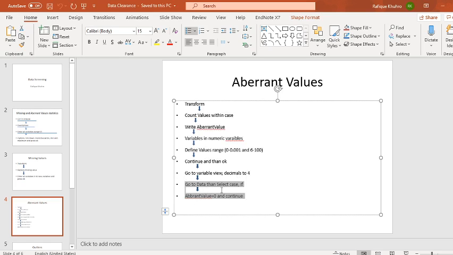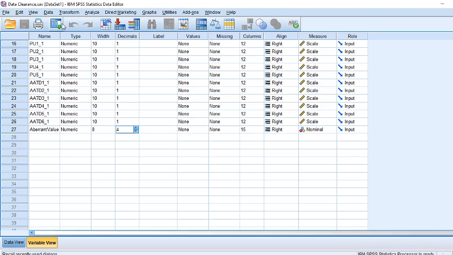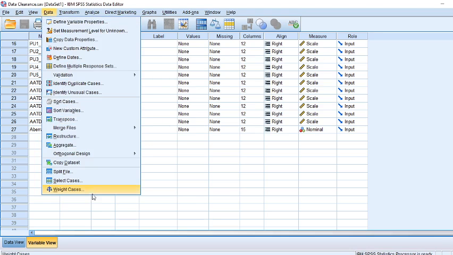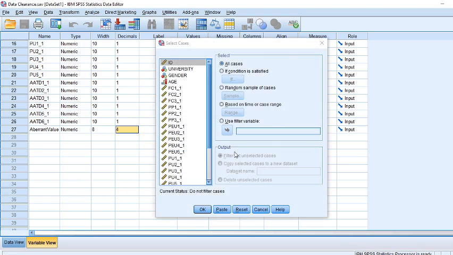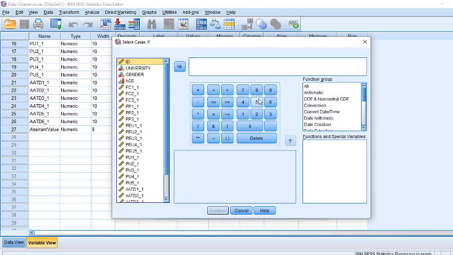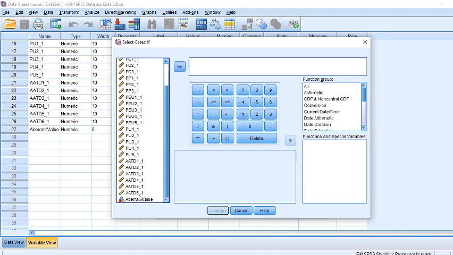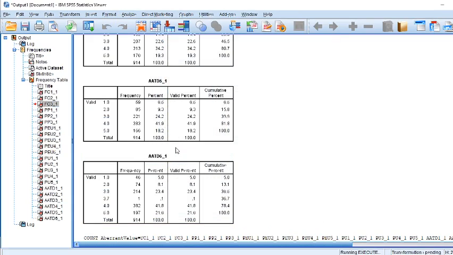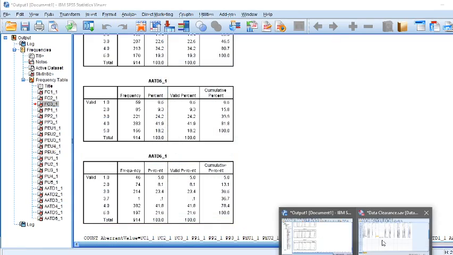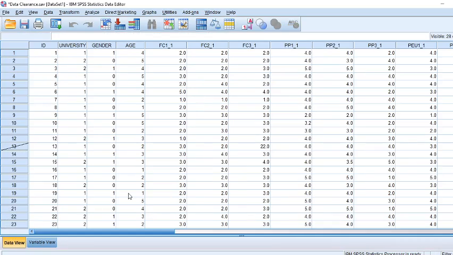You need to go to Data, then Select Cases, If condition. Then here we have created this aberrant value variable, and it should be equal to 0, and then you need to press Continue and then OK. So you will find in your data set